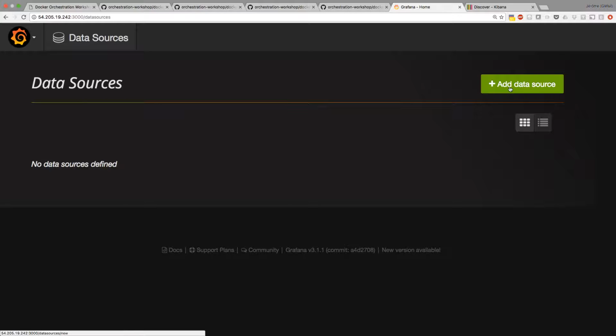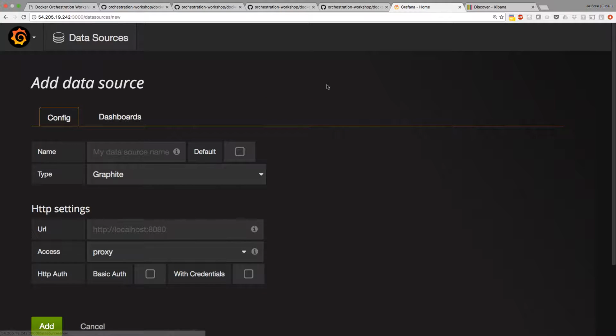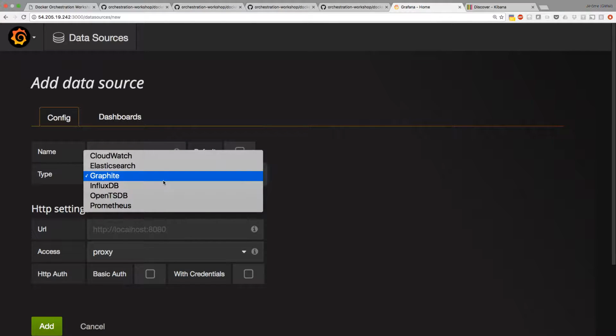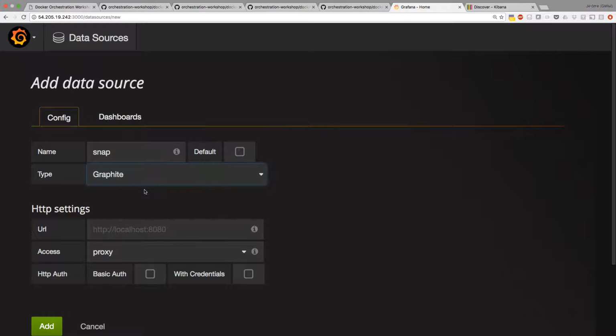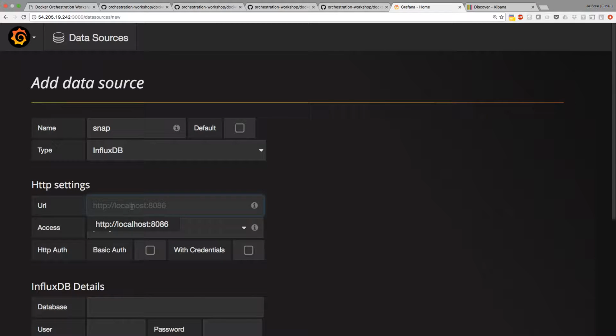All those operations are also detailed in the slides, because the very first times I did that, I myself was constantly fumbling up. I'm going to call it snap. Say that it's type InfluxDB. The URL will be